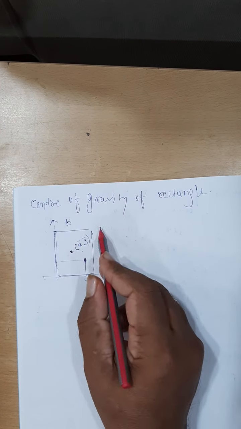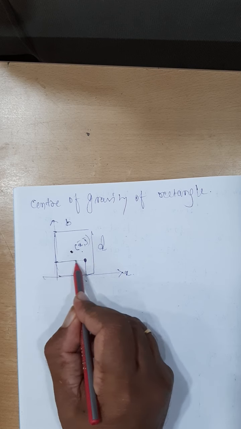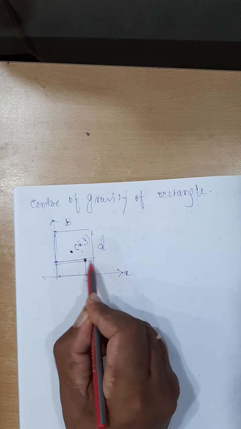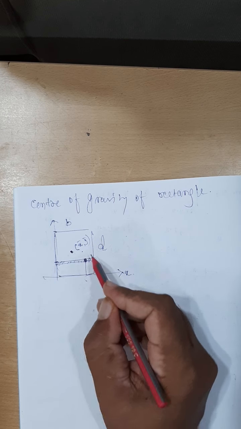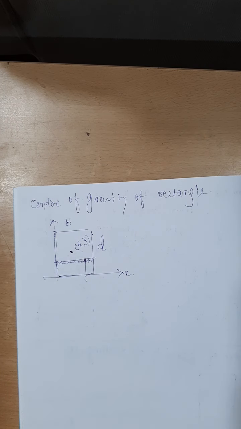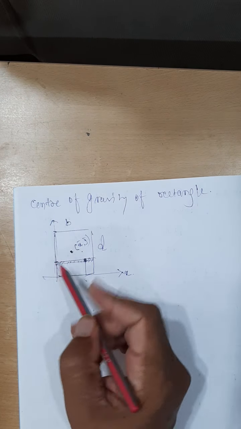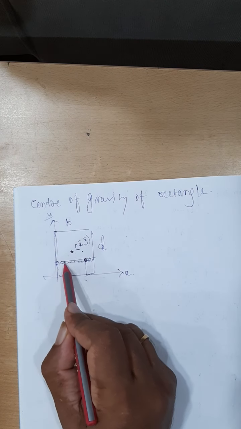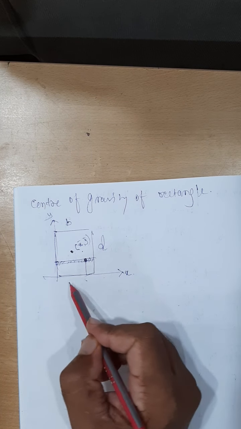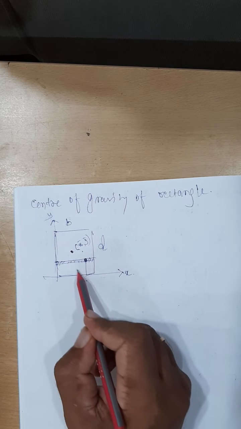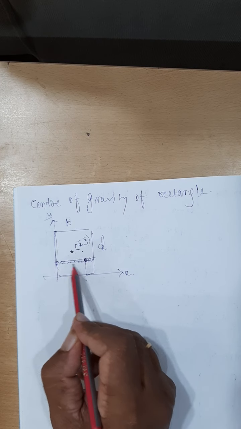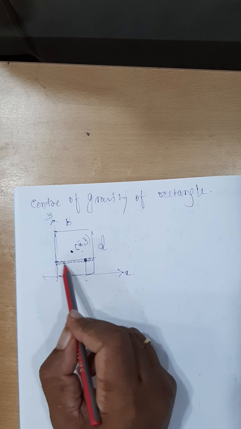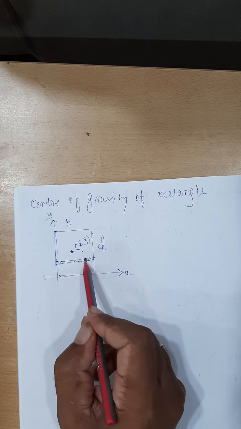The problem can be made easier by considering a strip like this. Where this strip is located, when I ask from the x and y lines, it is a bit difficult to tell from the y line, because it is at different locations from the y line. But from the x line, it is located at some fixed distance. That is why I can consider this whole strip as a single element having some area, located at a fixed distance from the x-axis.